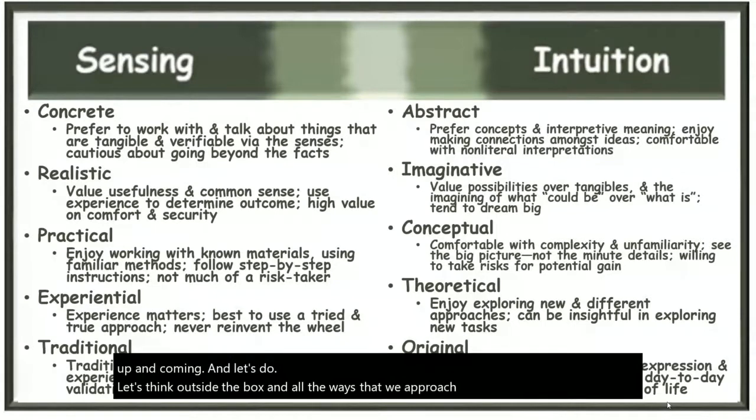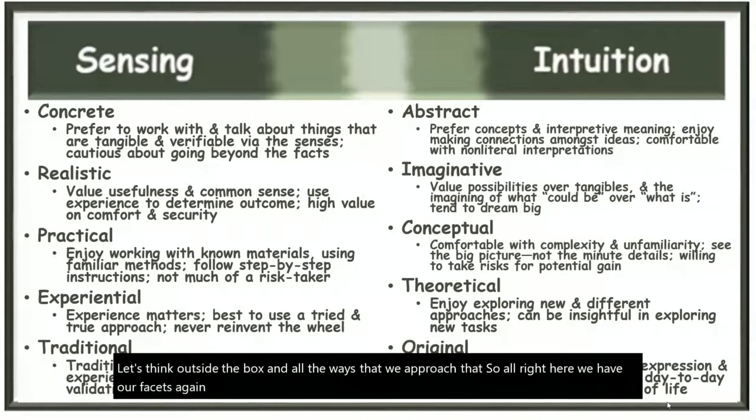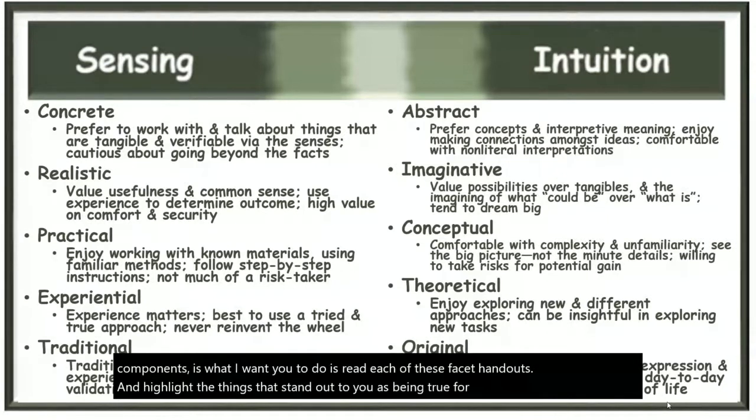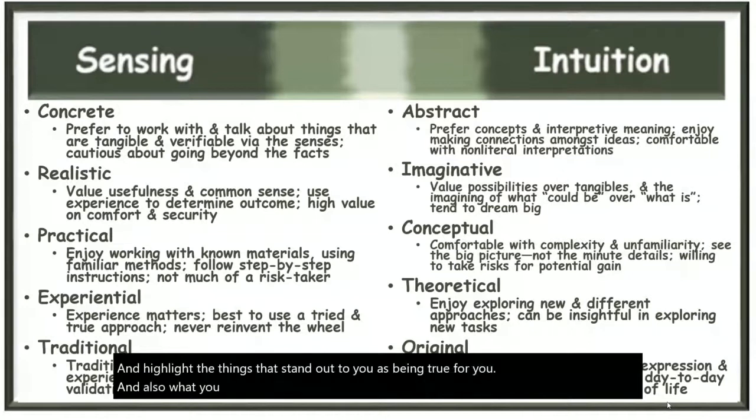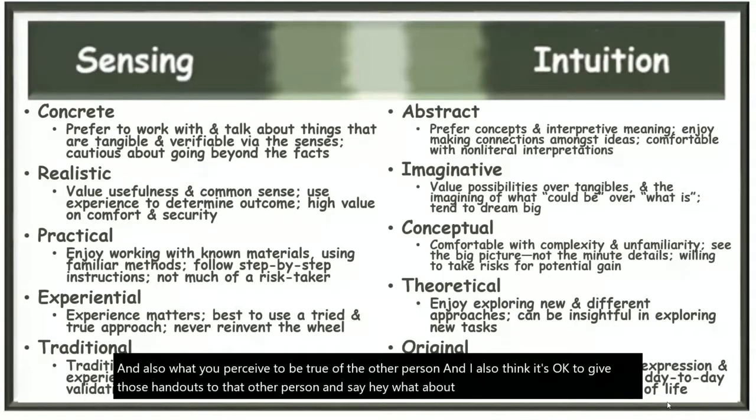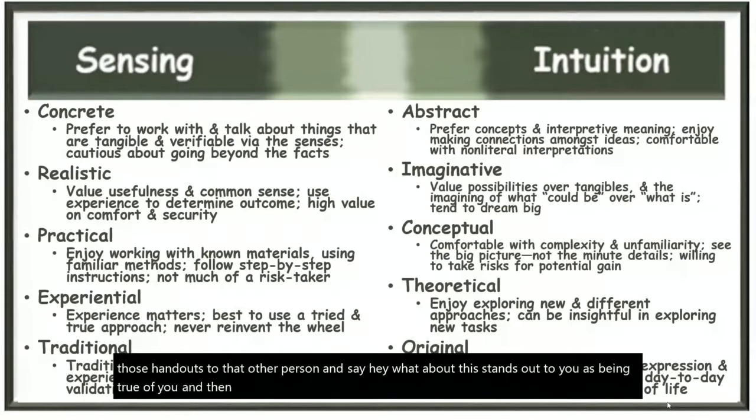So, all right, here we have our facets. Again, same thing I pointed out with the extroversion and introversion components: what I want you to do is read each of these facet handouts and highlight the things that stand out to you as being true for you and also what you perceive to be true of the other person. And I also think it's okay to give those handouts to that other person and say, hey, what about this stands out to you as being true of you? And then you can utilize their analysis of themselves, their own self-awareness, to figure out,